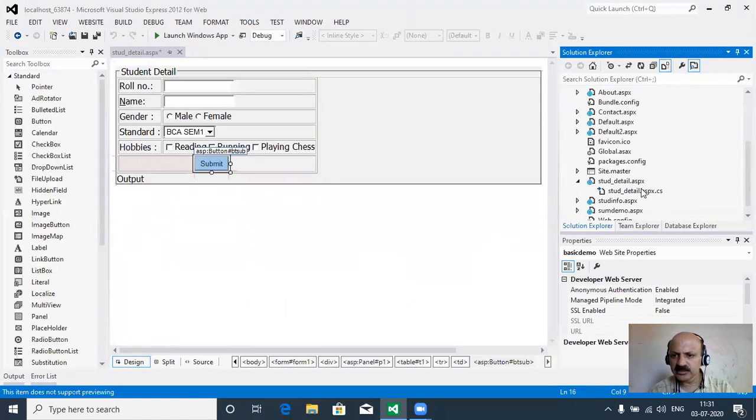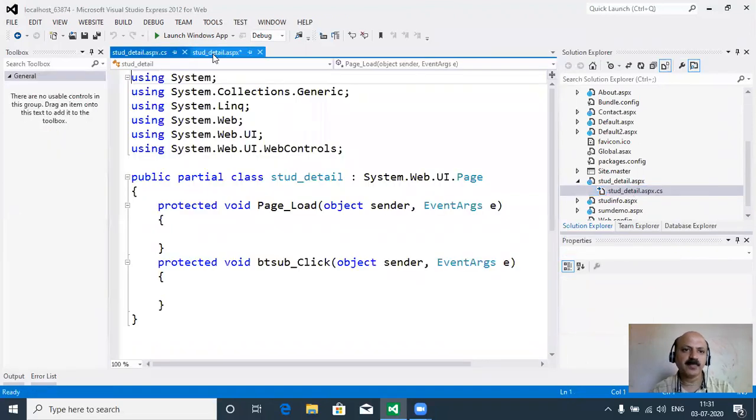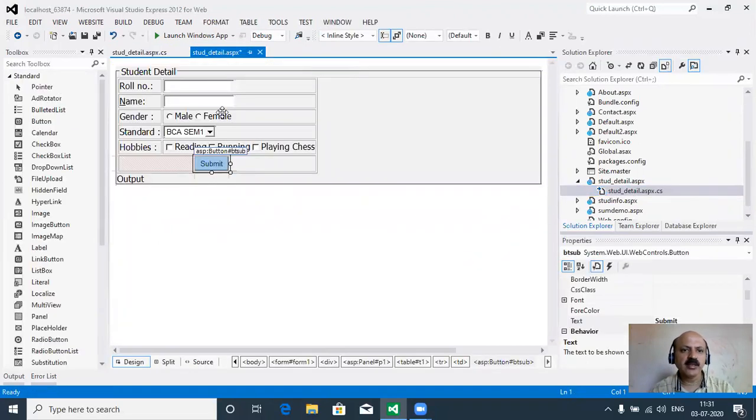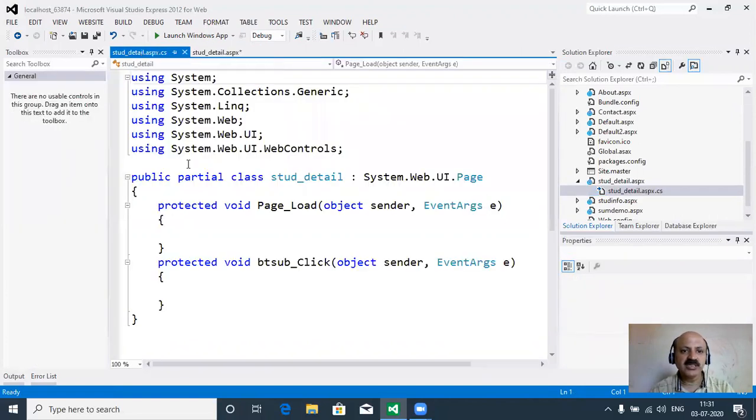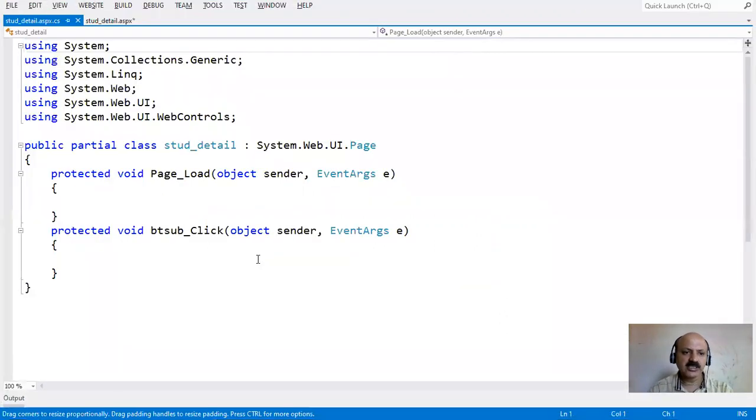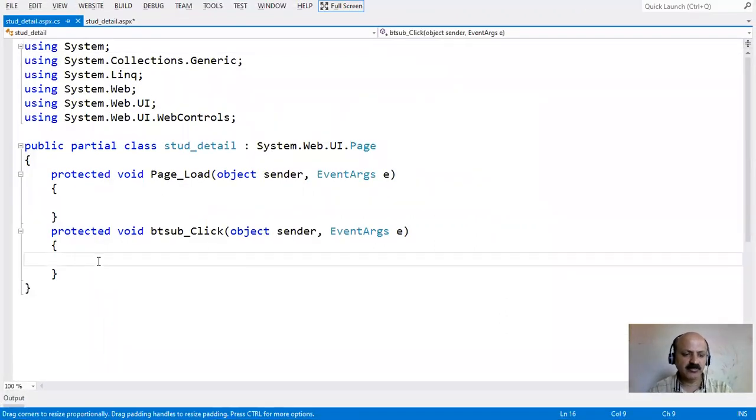Then just double click. That is known as the code behind file. The aspx file is known as the presentation logic in ASP.NET, and the code behind file is known as the business or application logic file in ASP.NET. So we start our coding part. Shift Alt Enter is full screen to see the code behind file.